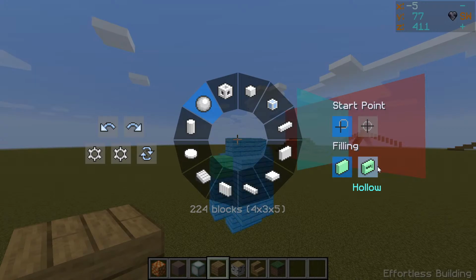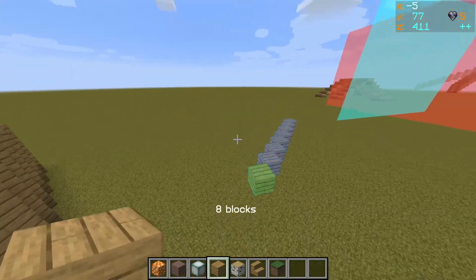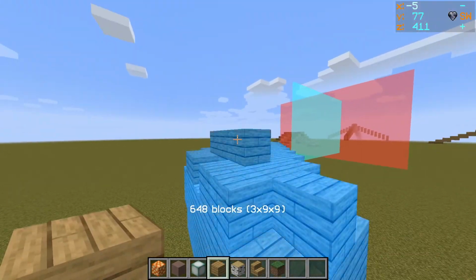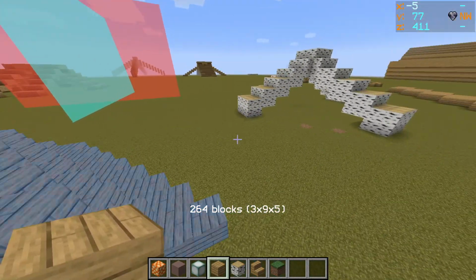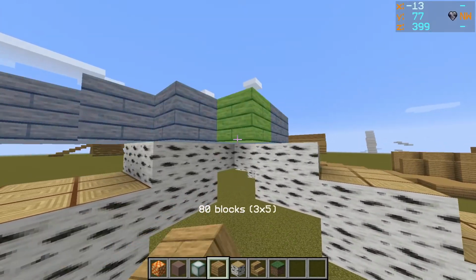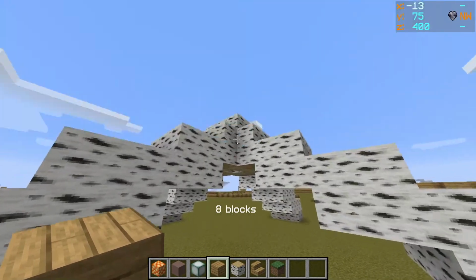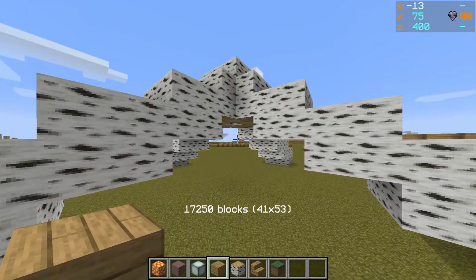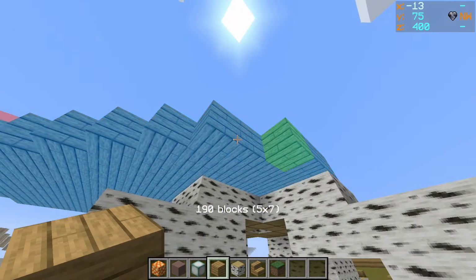What are we in? Filled, hollow. What's the difference between the middle? I still don't really understand those two differences, but anyway. Uh-oh. Let's not use this one then. Oh, damn it. I think it was